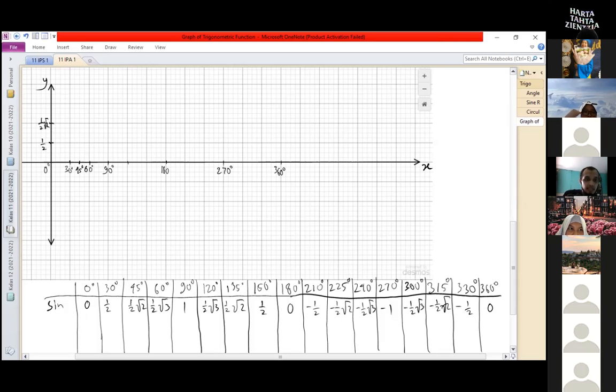Jadi kalau ini setengah, kita naik setengah lagi harusnya 1 di sini, ya. Nah, terus setengah akar 3, setengah akar 2-nya di mana? Setengah akar 3 dan setengah akar 2-nya ada di sekitar sini. Nanti kita hitung. Gitu ya, nanti kita perkirakan. Mungkin saya share screen aja semuanya. Nah, bentar. Mungkin saya share screen aja dulu semuanya. Supaya kelihatan, ya.